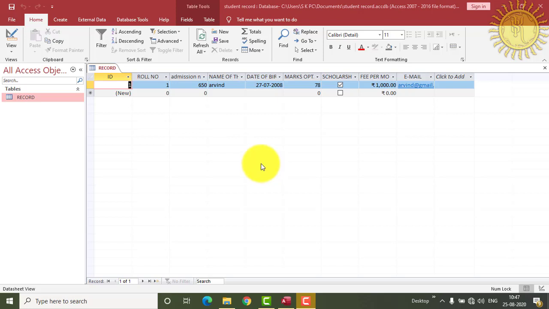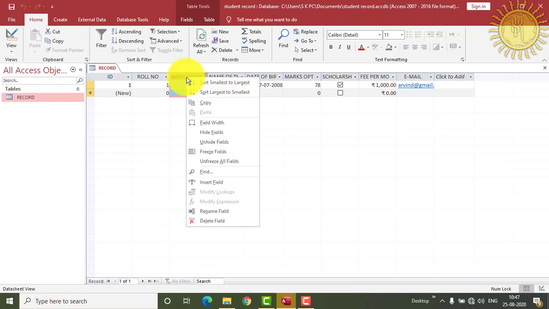Now the next is deleting a field in data sheet view. So from here also you can delete the field. So as you have inserted the field from here also, so like this you can delete the field from datasheet view also. So for this, to delete the field in datasheet view, first you have to click on this datasheet view or any field which you want to delete.